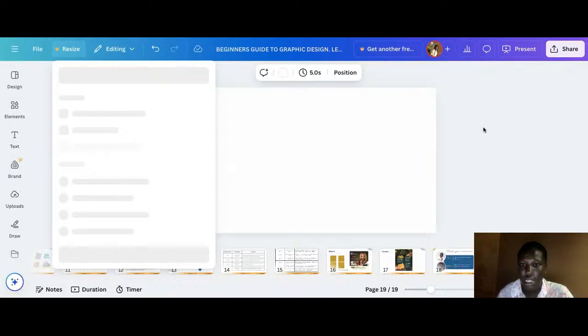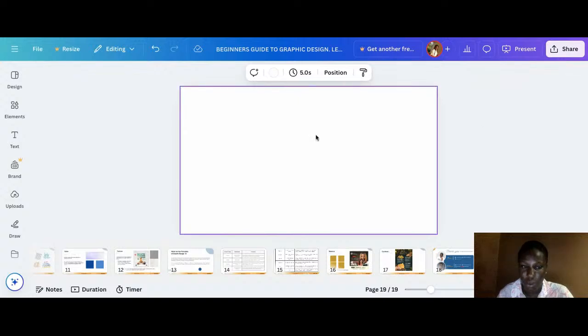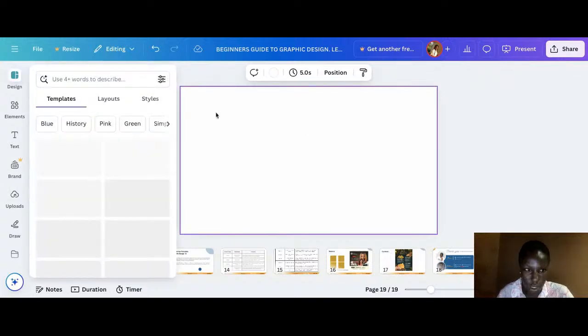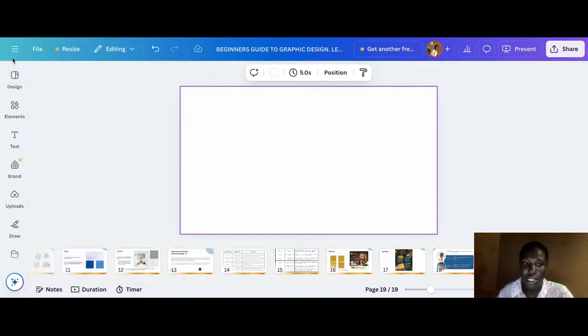Then, you see the background is basically white, right? Now, if you want to add a shape to it, this demo is not about how to use Canva. I just want to show you how the elements and the principles work together to make a great design. So if you want to add a shape to our design,